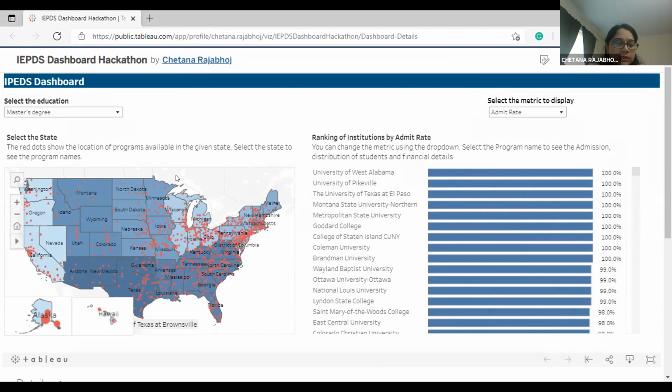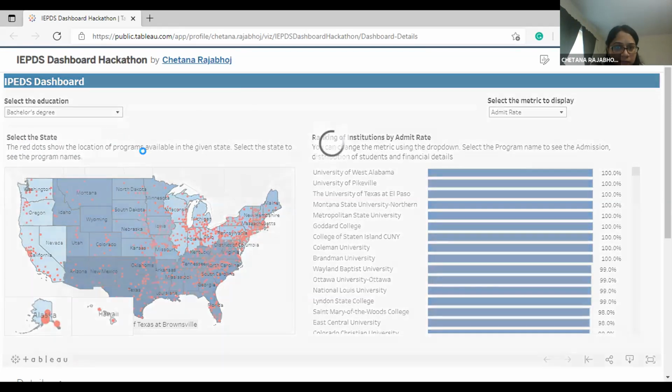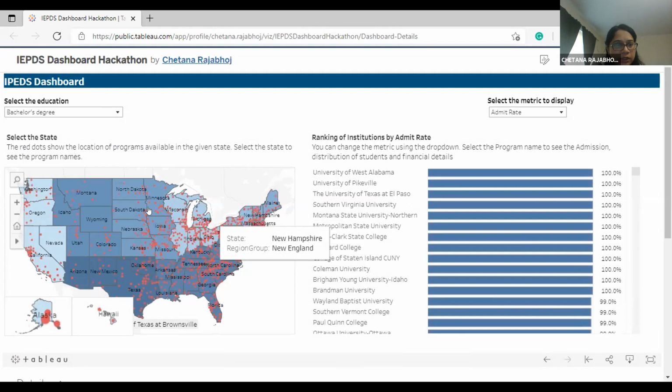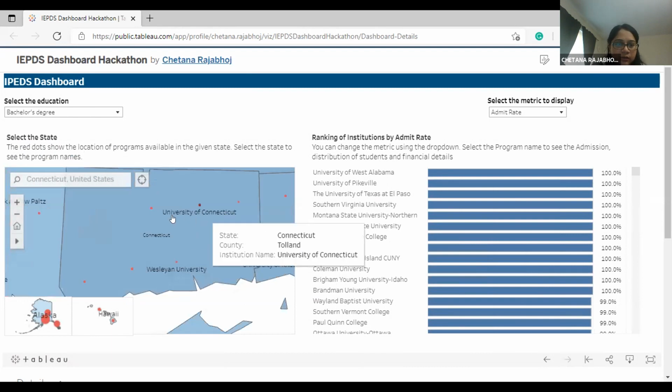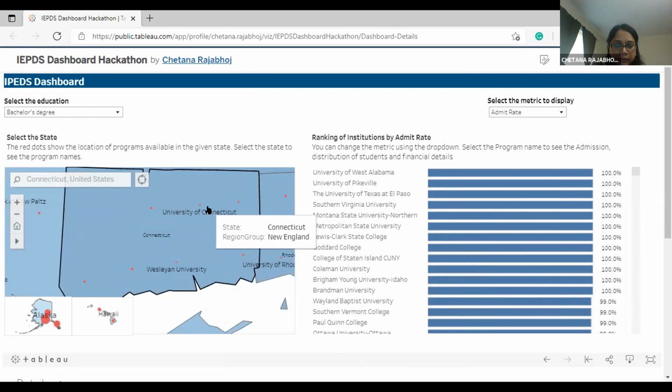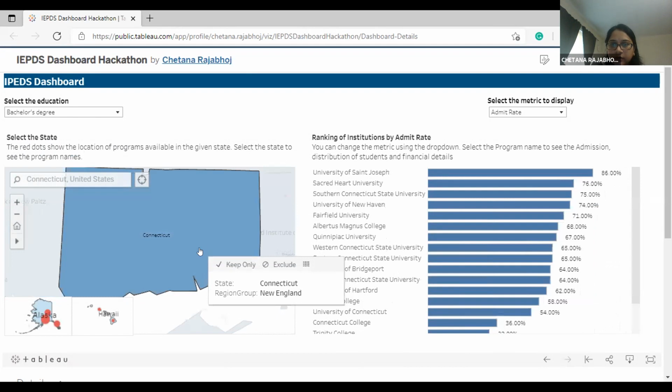So my thought process was, if I have to research for some program or university, how would I do that? So I started with the degree which I'm interested in. Let's say I want to look for a bachelor's degree. The map shows the number of programs available in each state. If I want to look closer, I can simply type here. Let's say I want to find bachelor programs in Connecticut. I can see there are a number of universities like University of Connecticut, Wesleyan University, New England Institute. So if I click on the state,